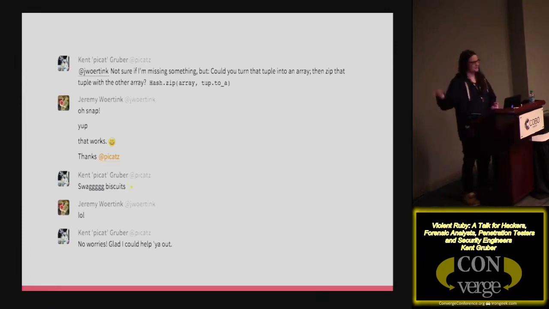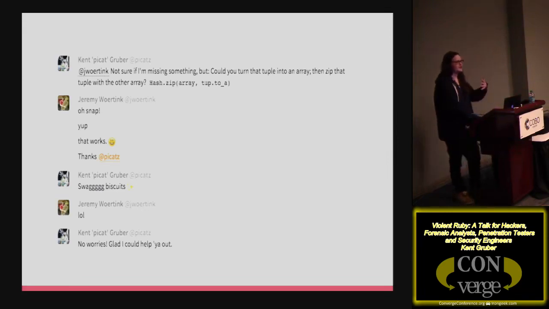I was browsing it, looking for things I could potentially help with, or things I might be interested in from the language. One guy was talking about turning a hash into a tuple. I asked, could you just do that? Because I ran that and it worked. He said, yeah, it works. I said, cool, awesome. So you can help people.